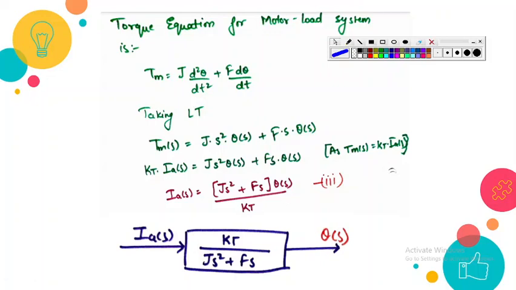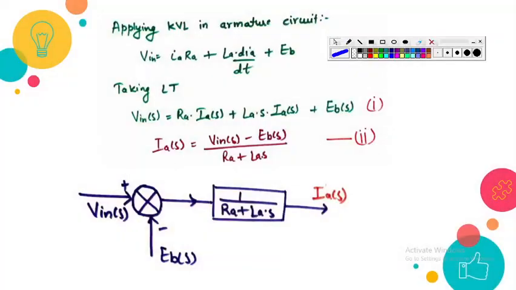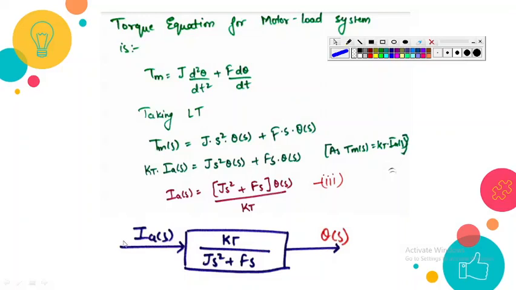Of course we can. In the last block diagram that we made, we had two inputs, and then we gave them to this gain element, which I call gain element G1, and then the output was IAS. Now that same IAS is fed to another gain element, and that gain element is equal to KT divided by Js square plus Fs.